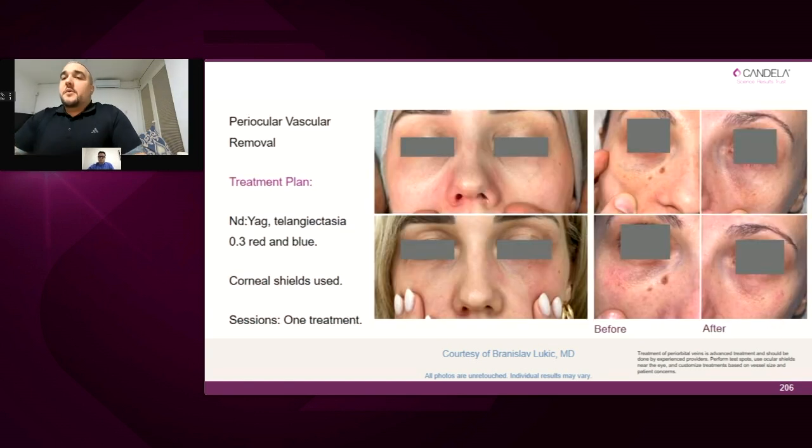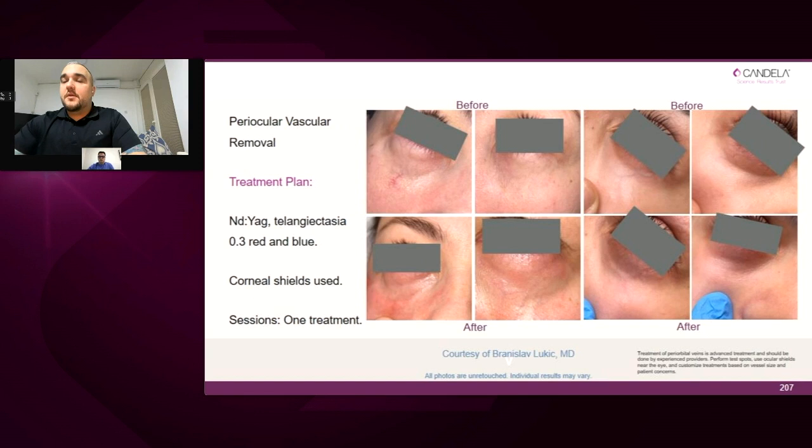This is what my colleagues also showed, periocular rejuvenation. I'll show you the video of how it works, always with intraocular shields. Here as well. This is immediately after the treatment. You see it's a little bit of erythema, but nothing special. But sometimes the periocular region, because it's very thin tissue, can really swell up, basically like a bag filled with water, but it goes away super fast, and the next treatment is less dramatic.